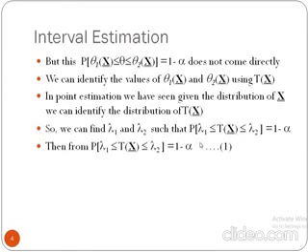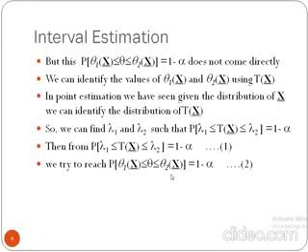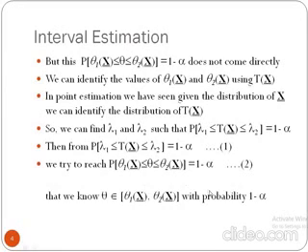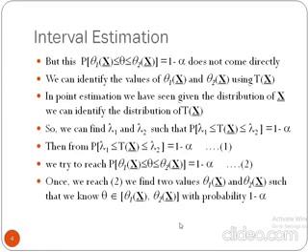And then from there, using this equation, after some steps, we come down to find the values of theta 1(x) and theta 2(x). That is, ultimately we go on to find the confidence interval. And confidence interval means finding the upper limit and lower limit of the interval. And we know that theta will fall within this with a probability of 1 minus alpha.